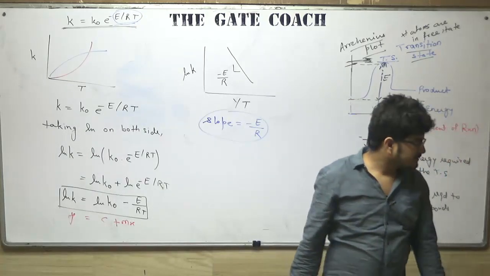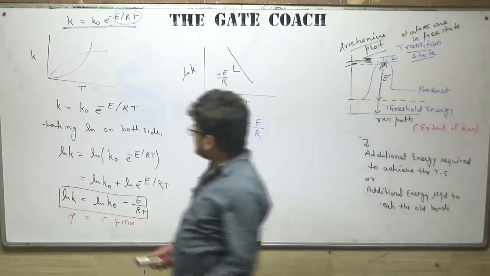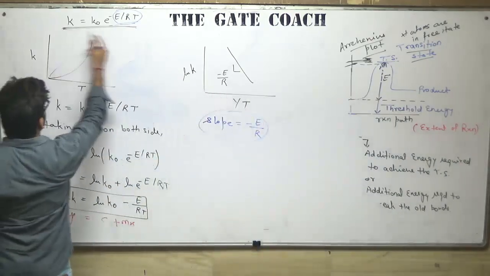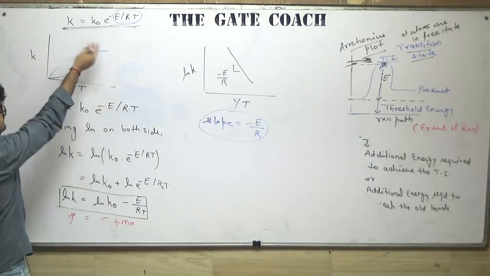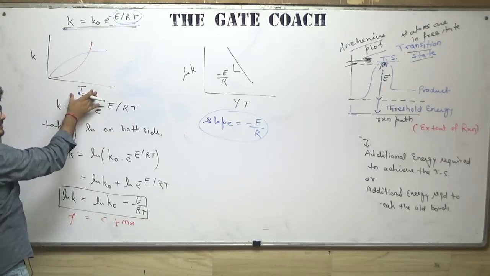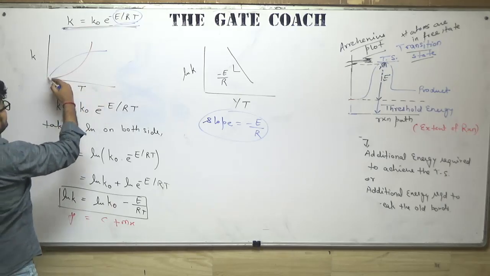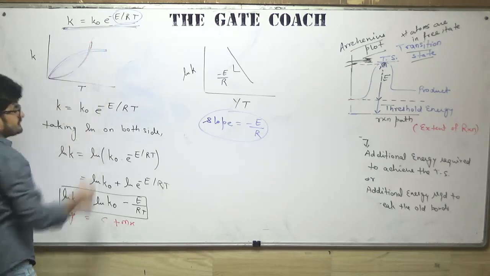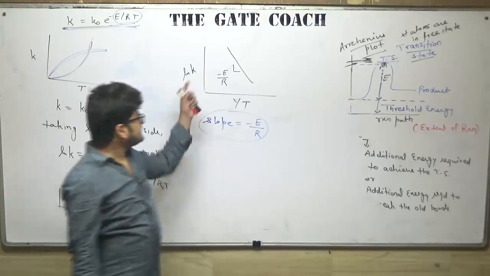Which question? I am just asking, according to Arrhenius theory, we have this relation between K and temperature. So tell me, what will be the nature of the curve if I draw a curve between K versus T? It will be like this or it will be like this? Okay. Anyways,